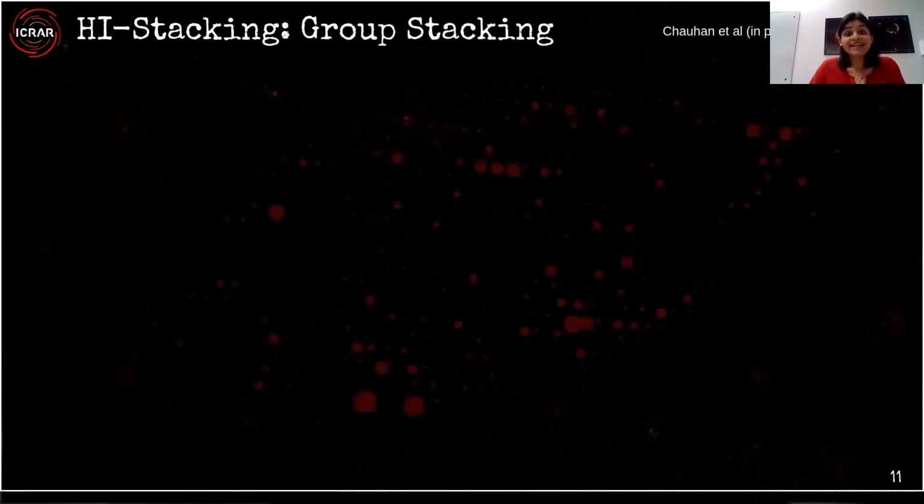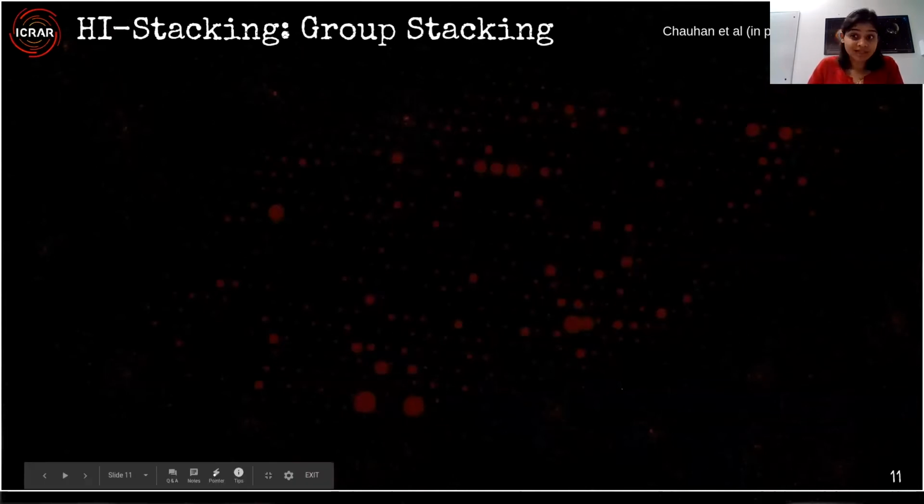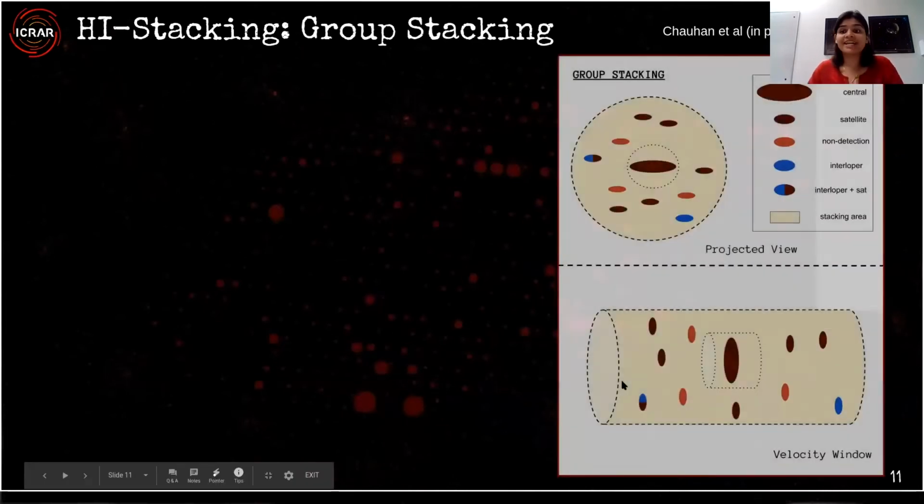Now, I had said that we were going to compare different HI stacking techniques, and we named these different HI stackings. So this is where I'm going to explain what different stacking techniques we were looking at. The first stacking technique I'm going to explain is group stacking, which is the one that has been used by Guo